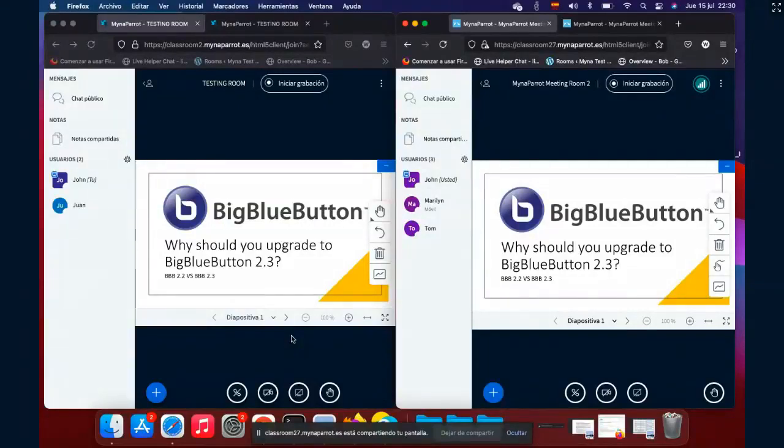In the standard version, you have to click the user menu, the user title, and choose raise your hand.